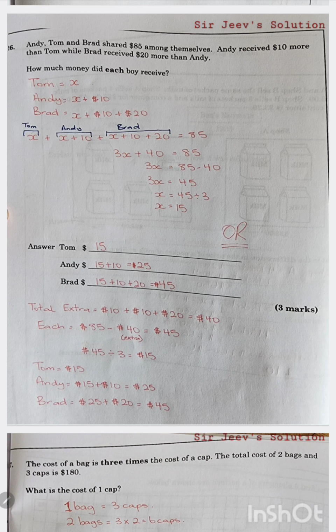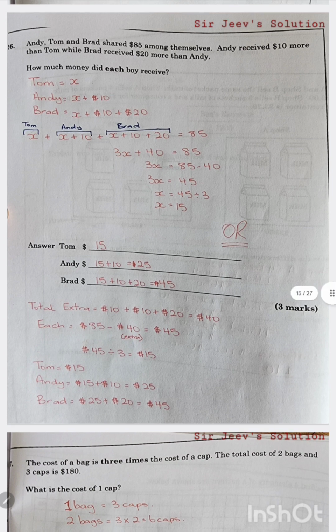So that means Tom received $15, Andy received 15 plus $10, which is $25, and Brad received 15 plus 10 plus 20, which is $45. When we add up the 15, the 25, and the 45, we get back our $85. The other method now is to